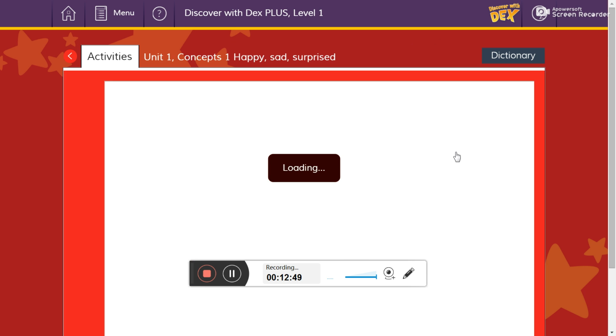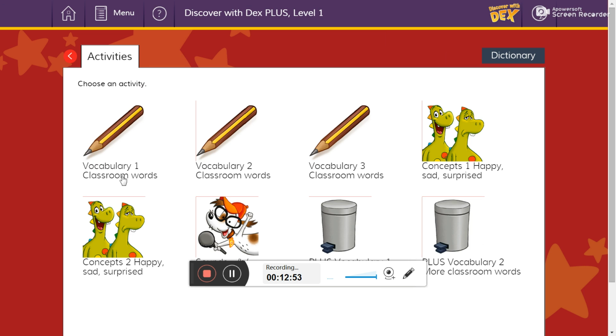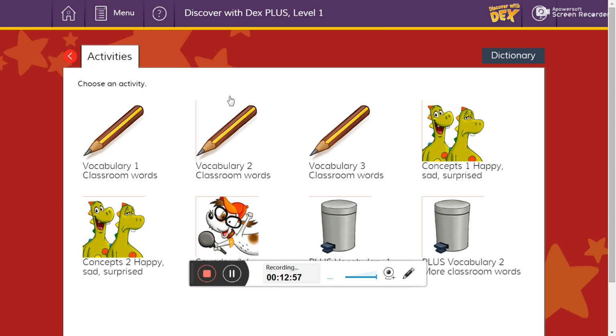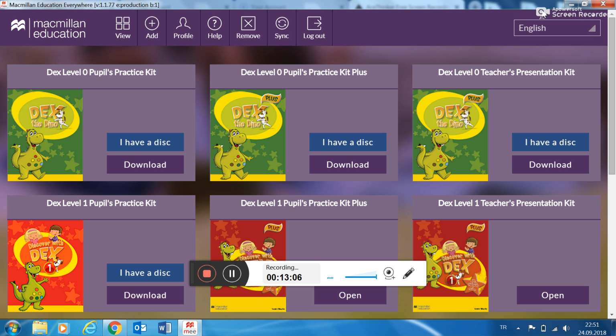For example, this activity was done in the classroom. However, this one is an extra one. So they have not only access to the activities you have done in the classroom, but also extra activities. So the parents can also work with them at home. So basically, this is all about the teacher's